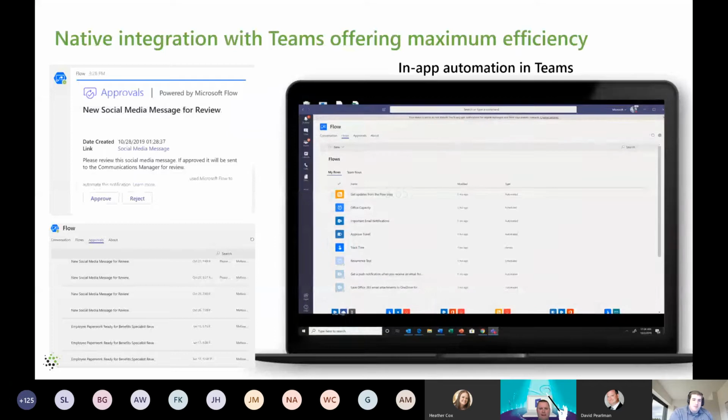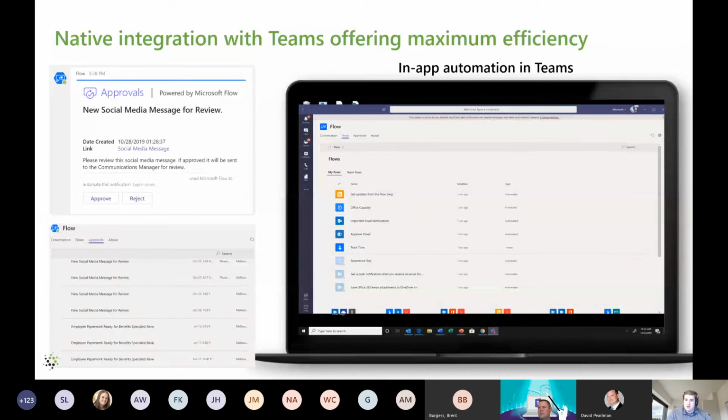Now, when we talk about the notification part, when we think of Microsoft Teams for EDU, this is really what I would say is one of the most common ways to interface with process in Microsoft Teams for EDU when we talk about Power Automate. And that's because, again, Microsoft Teams for EDU is built purposely so your students, your teachers, your educators, your administrators are going to be embedded in this platform already. So being able to bring the process to them here is super valuable.